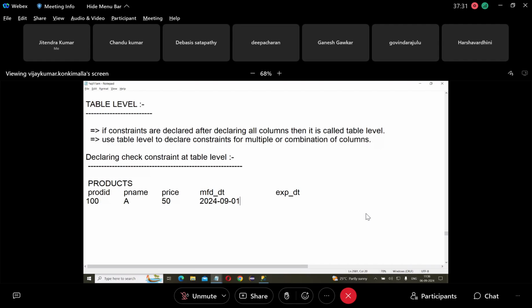Manufacture date is September 1st, 2024. Expiry date is 2024 January 1st. So manufacture date is what, sir? September 1st. Expiry date is what? January 1st. Okay or not? Then what is this? Valid or invalid? This is invalid. Why? Because